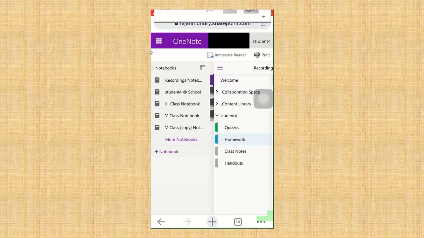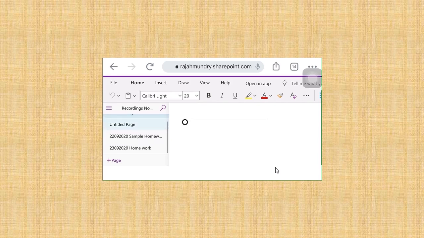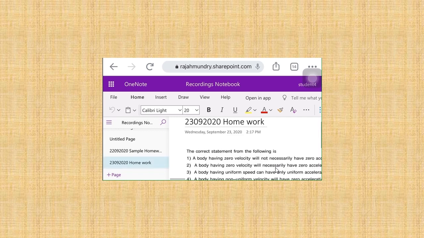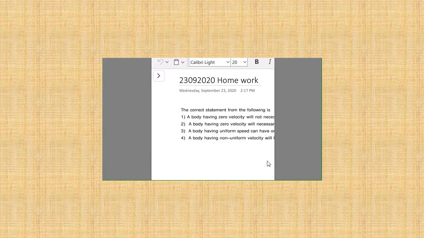So after getting the homeworks, you can just flip the mobile like this. If you flip the mobile, you can see the screen which shows the entire homework. So you can slide down from the left side. If you press here, your homework will open in the next page. So after your homework is opened, you can put your mobile in the normal mode. When you flip the mobile to the normal mode, your homework will be shown here.